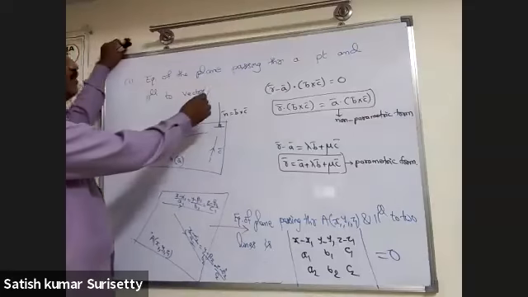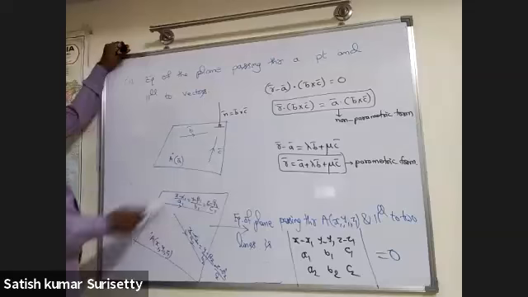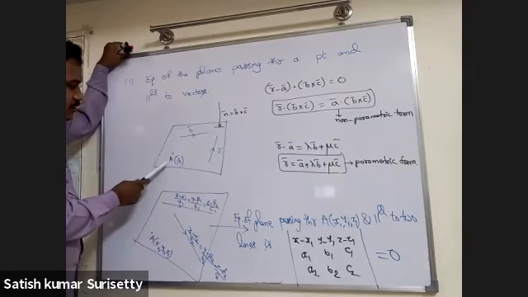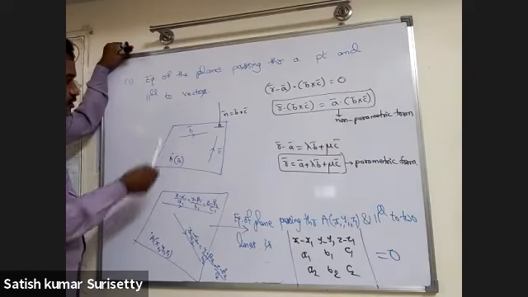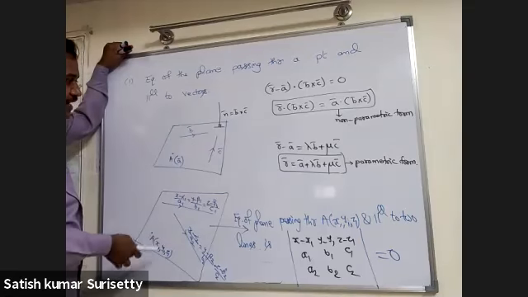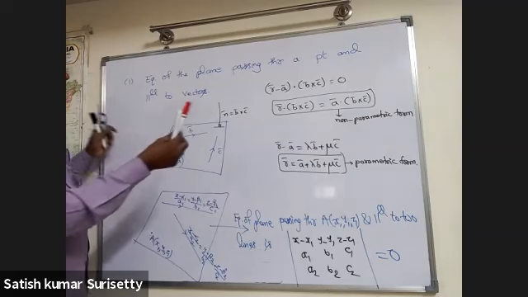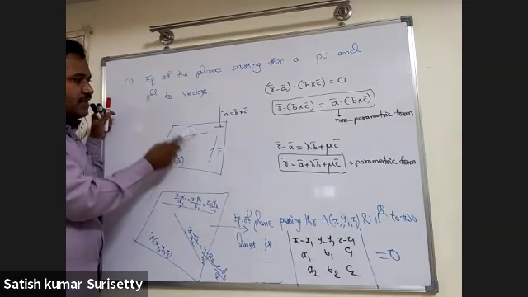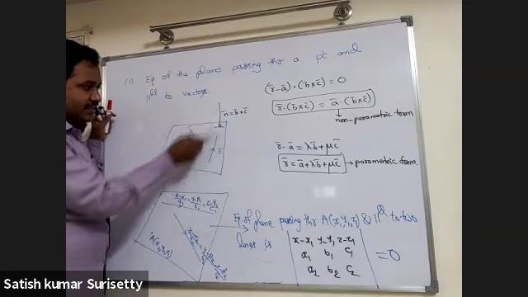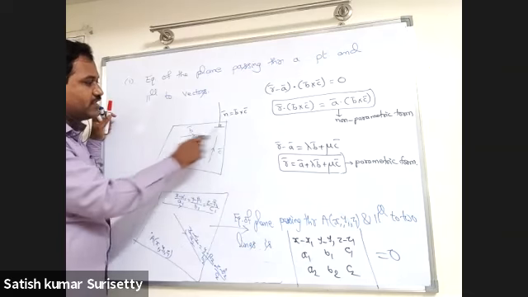So, equation of the plane passing through a point and parallel to two vectors. Now let us take a plane passing through a point with position vector a bar, and this plane is parallel to two vectors, that is, b bar and another is c bar. That means these are parallel to the plane. Now their cross product will be the normal vector, that is n bar equal to b bar cross c bar. So b cross c is perpendicular to this plane.